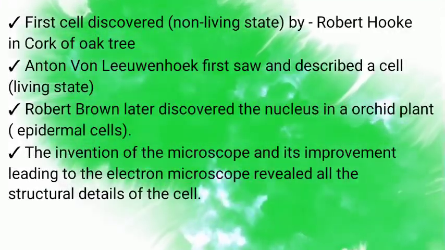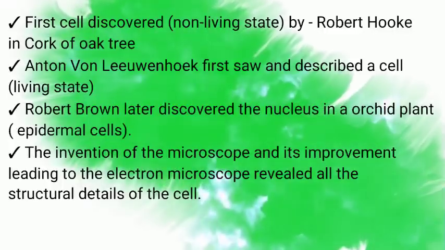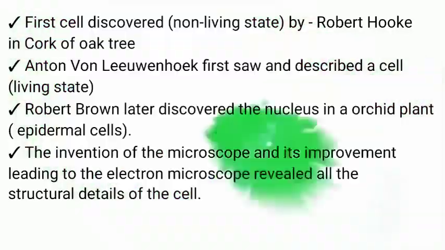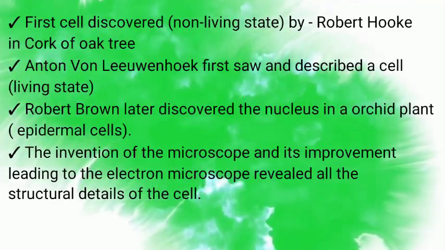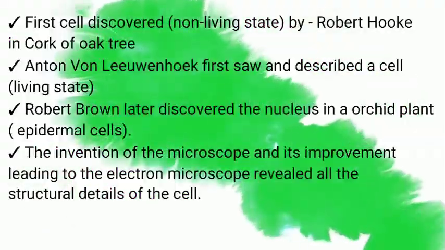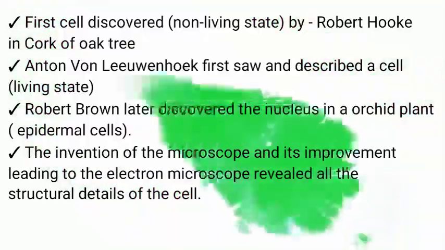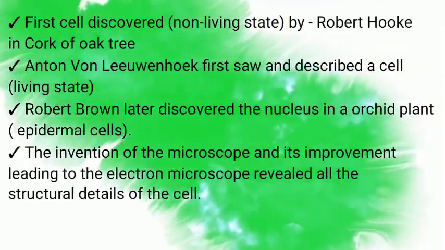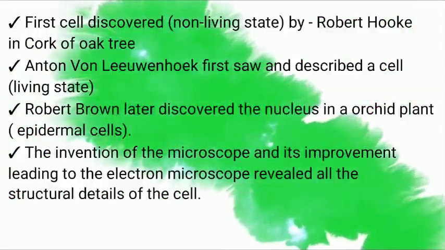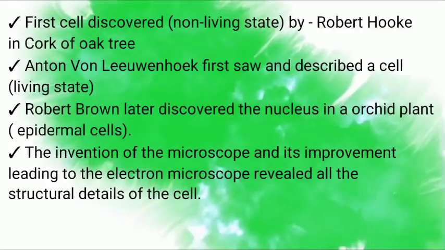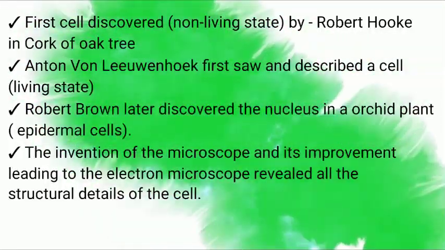First cell was discovered by the scientist Robert Hooke in cork tissue of oak tree or Quercus suber. Anthony van Leeuwenhoek first saw and described a living cell. Robert Brown later discovered the nucleus in an orchid plant. The invention of the microscope and its improvement leading to the electron microscope revealed all the structural details of the